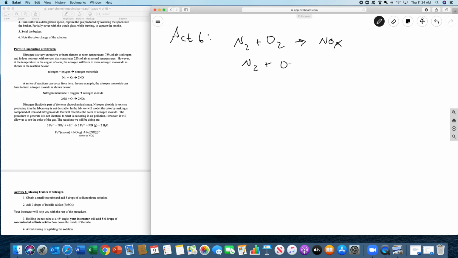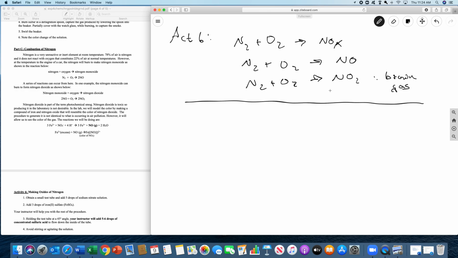So N2 plus O2 going to NO, N2 plus O2 going to NO2. NO2 is a brown gas. So if you look out on a smoggy day, that's a big factor, especially like in LA. Now what we're going to do instead is we're going to make something that actually has that color. And if you look over here, these are the reactions we're going to do. I'm going to take iron 3 nitrate